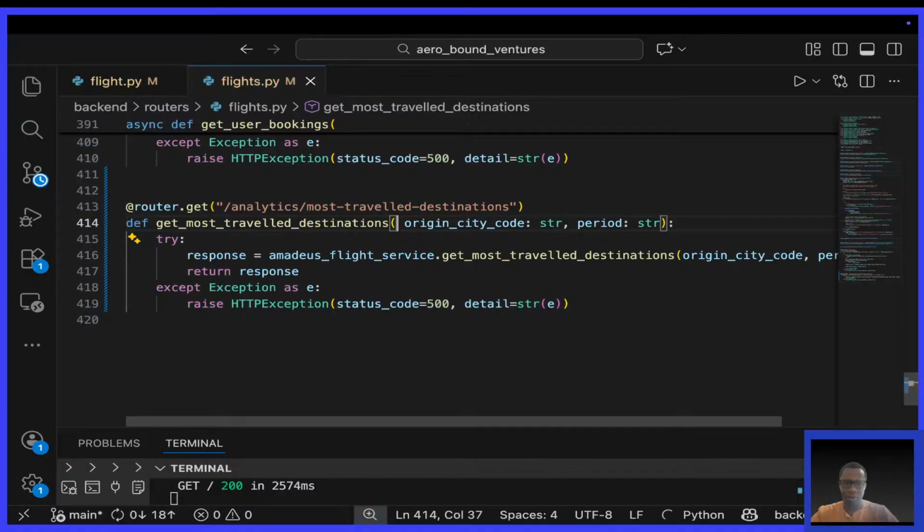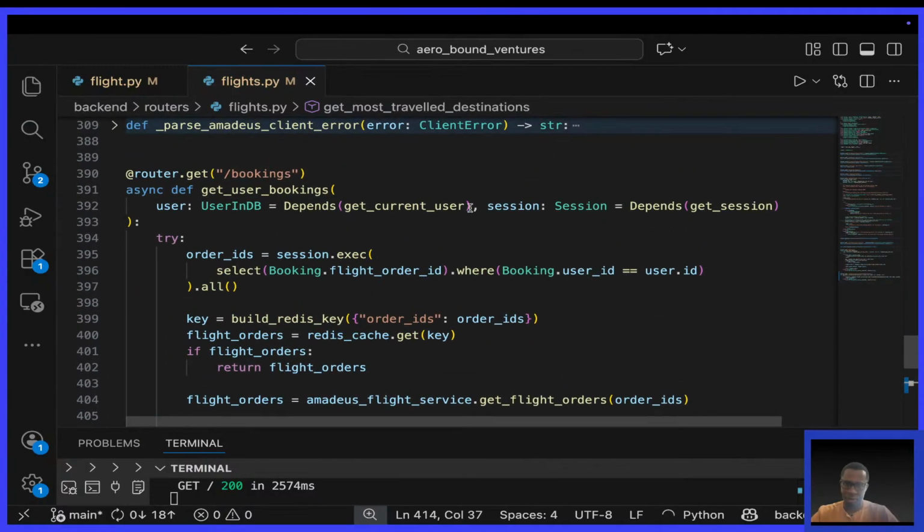Instead of wasting time, I want to do this. Should I say depends current user? No, it shouldn't be by current user. Why? Because